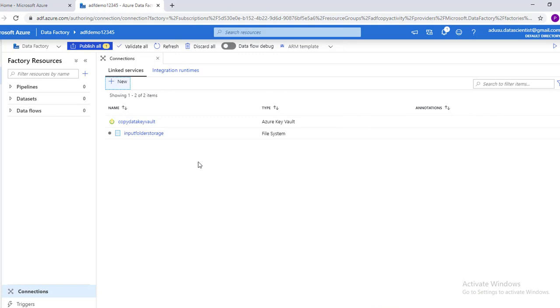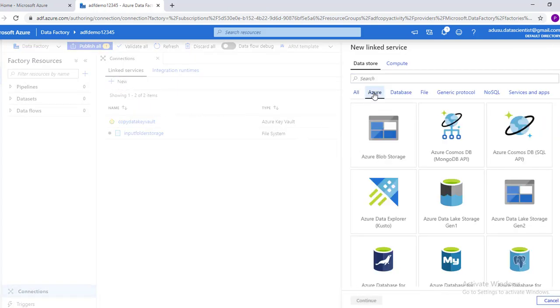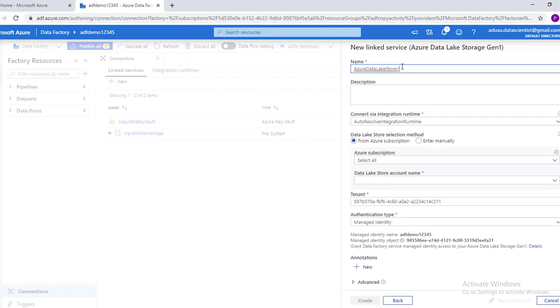Click on create. Now we also need to create a linked service for data lake, which is the destination in this case. Click on Azure Data Lake, continue, destination service, you can give any name.